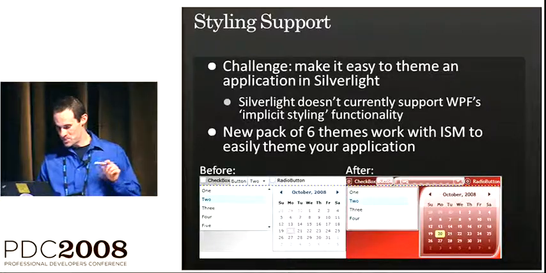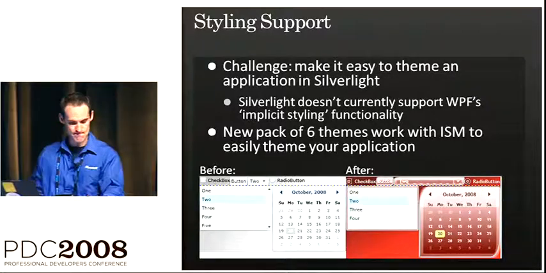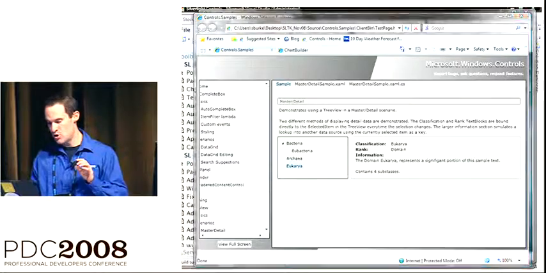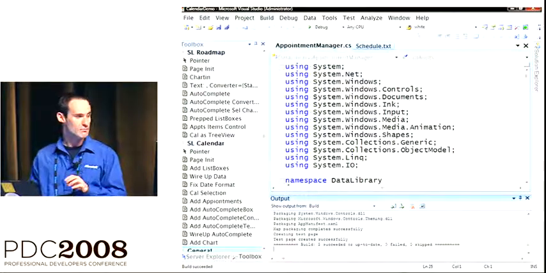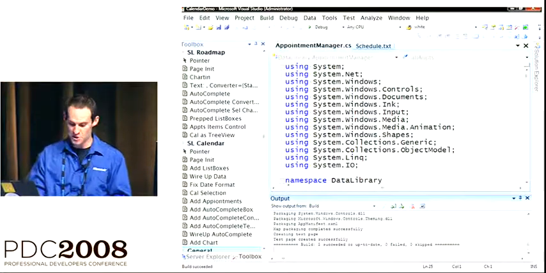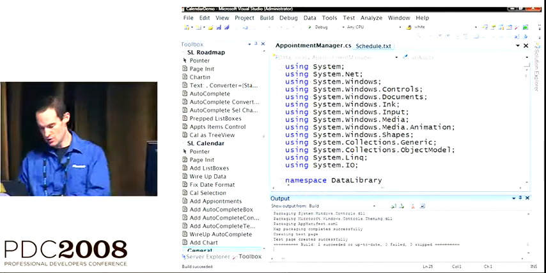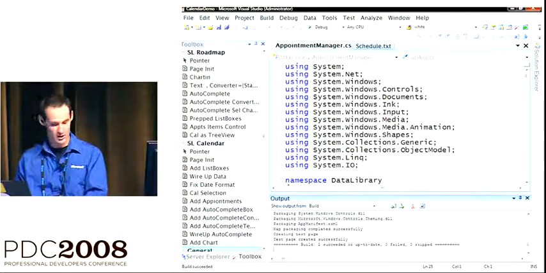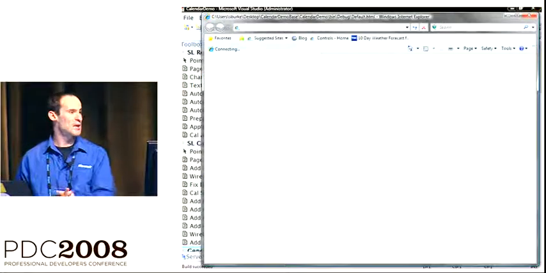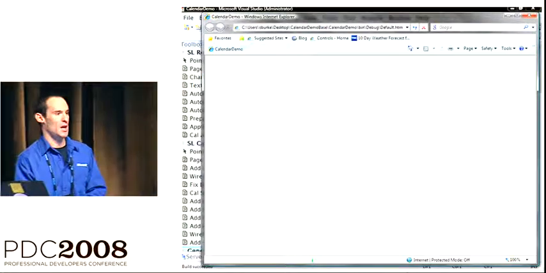I'm going to do another demo. I do want to show how you can compose an application to use these controls in an interesting way. What I'm going to do here is build, and I'll go ahead and run where it's at now so you get an idea of what I'm talking about, a little calendaring application. And